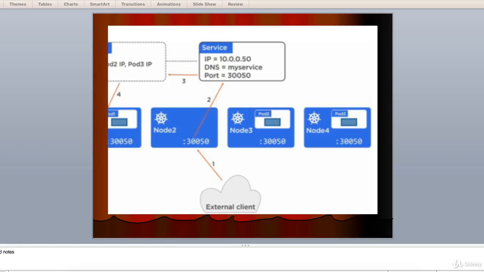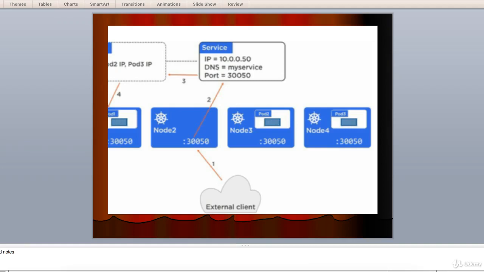Hey guys, welcome back. In continuation to our last lecture, we will be talking about services and endpoint objects. As pods come and go, through scaling up and down, failure, rolling updates, etc., the service dynamically updates its list of pods. It does this through a combination of the label selector and a construct called an endpoint object.